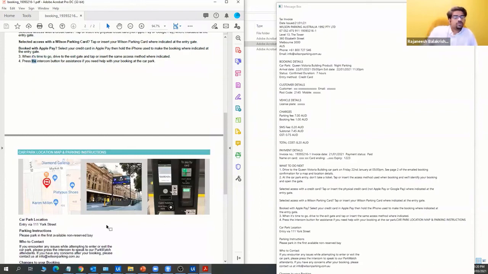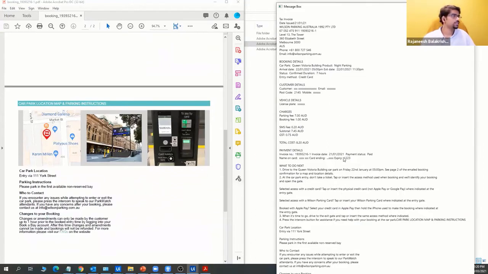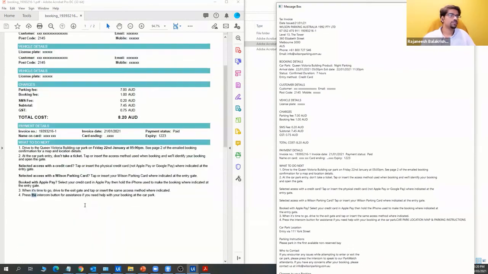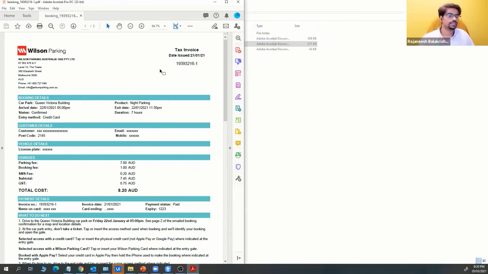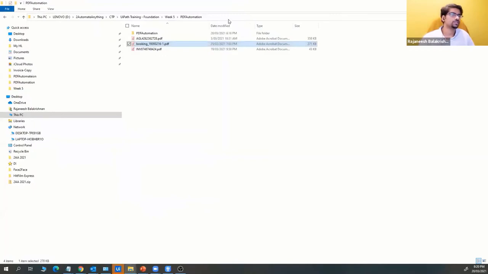So if most PDFs have images, especially when you are scanning through a scanner, and you use this one, the scanned PDF or any image will not be captured. That is the main disadvantage. But this has most of the information that we need, like the tax, the date, these kinds of things, and the fees. All these things are there, so we can extract this. We have some other method to do that. At the moment, we are able to grab all this text from the PDF, right? So that is the first option. Let me keep this open itself.